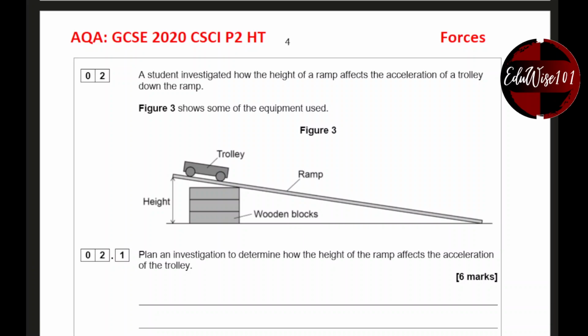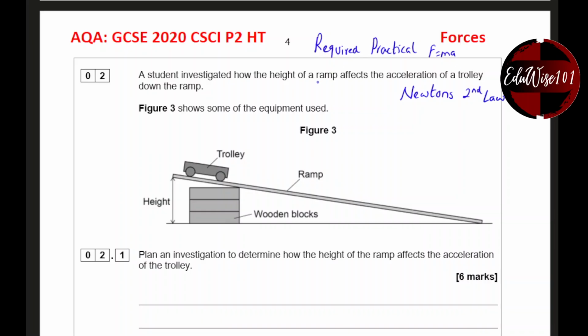In this video, I'm going to go through question number 2 from the AQA Combined Science 2020 Physics Paper 2 Higher Tier. Question number 2 is on forces. This question is actually on the required practical on Newton's second law. So this is testing on the required practical, which is F equals ma, that's Newton's second